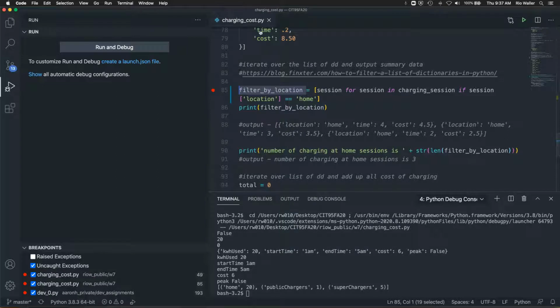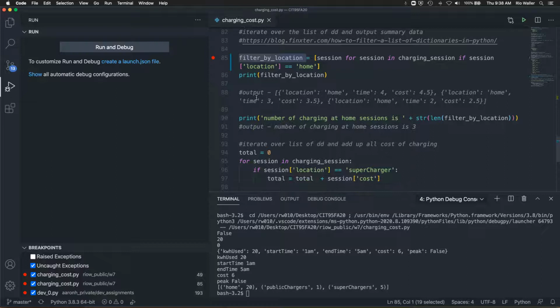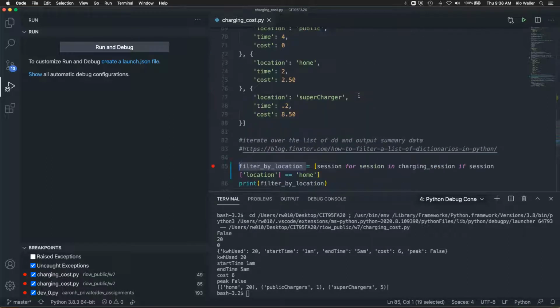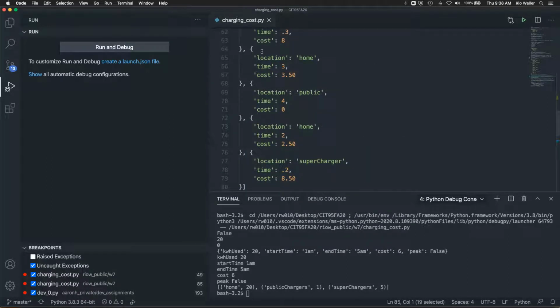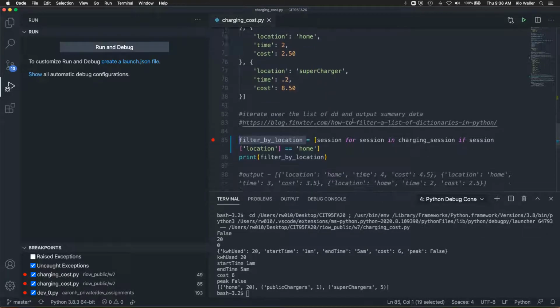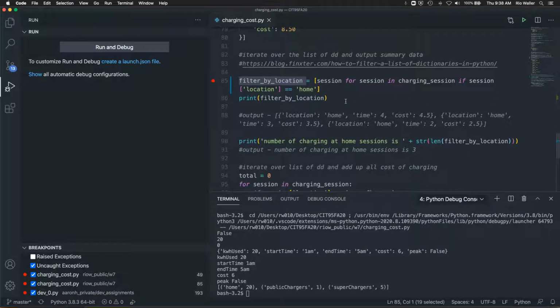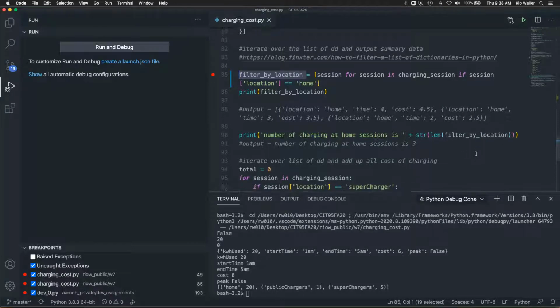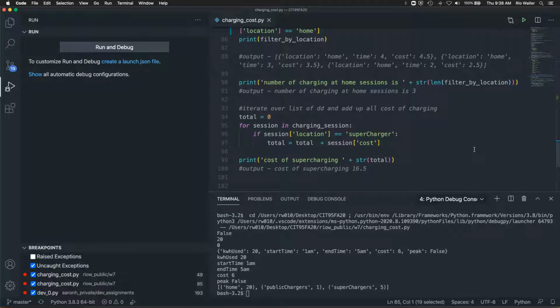And again, use the debugger to show you how that's running. So what is that going to do? It's going to then output only the DDs in my list that meet my criteria. Okay. So that's cool. And then I did a number of charging sessions, at home charging sessions, and then I just did a length and stringed it out. And then I decided to do one more, and it's this idea of doing summary data. So what I did here, and I kind of did it a little like the old school way,